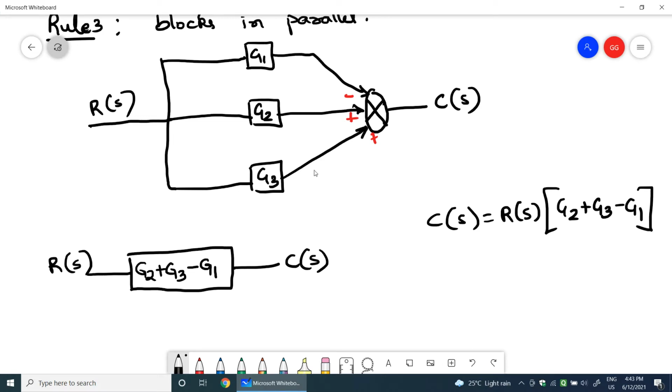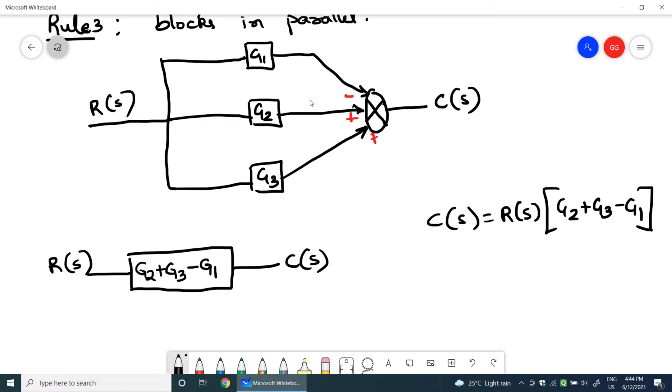So this is the parallel connection. Your job is to see that all the paths of that particular block will meet at the same summing point. Okay, then only you can say that those blocks are in parallel. You can see 2 blocks coming in parallel, 3 blocks coming in parallel, and so on. So based on the sign that is connected to the summing point, take that sign and put that sign to the block contents, and then you either add it or subtract it. So in series you multiply, in parallel you do the summation.